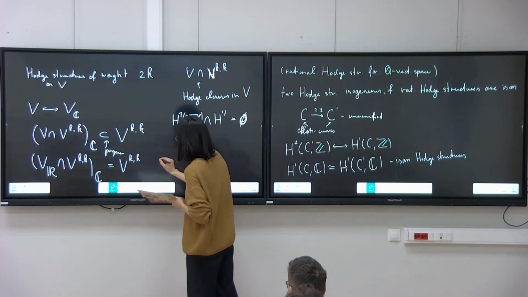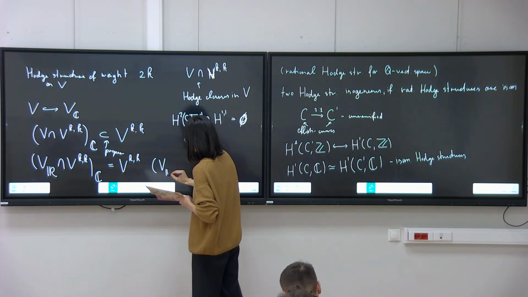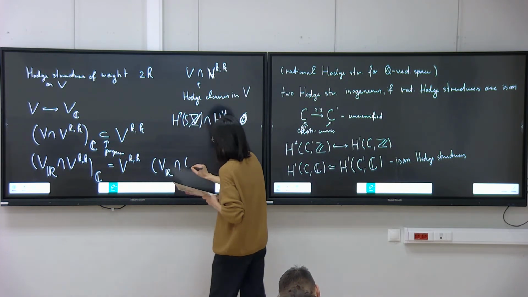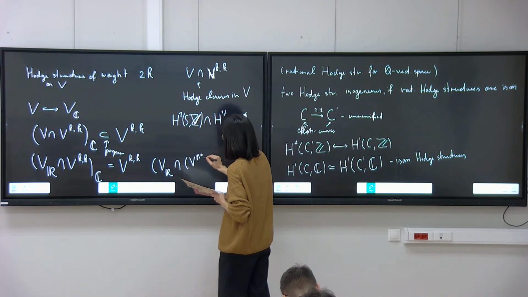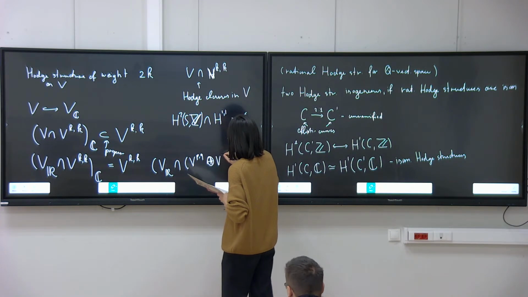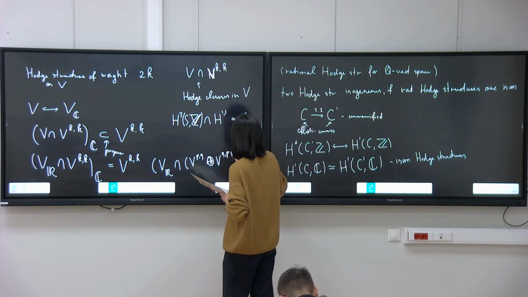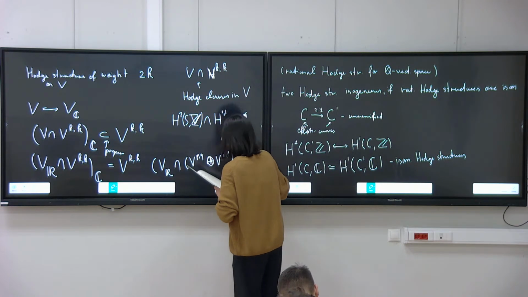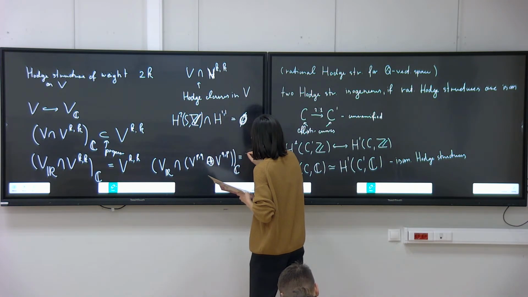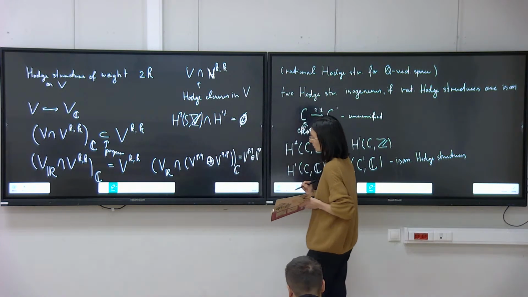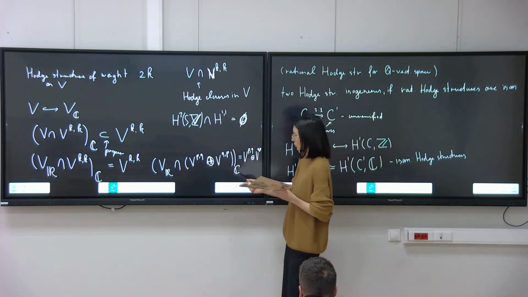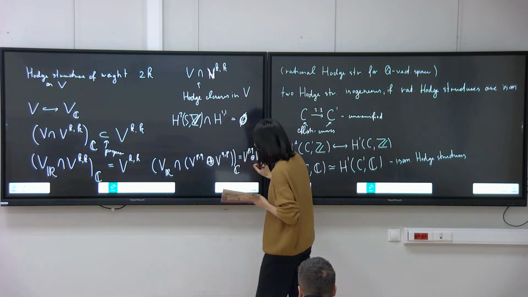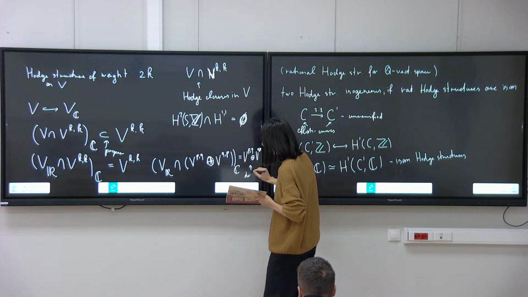And similarly, if we consider V_R intersecting with V^{p,q} direct sum V^{q,p}, and then take its complexification, then we obtain this direct sum. Okay? So this means that this direct sum is in fact defined